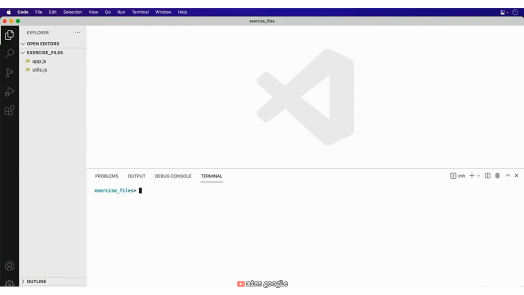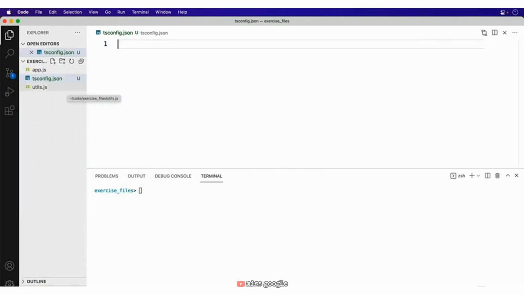Then create a new file named tsconfig.json in the root of your project folder. In this new config file, you had to define the input file paths,